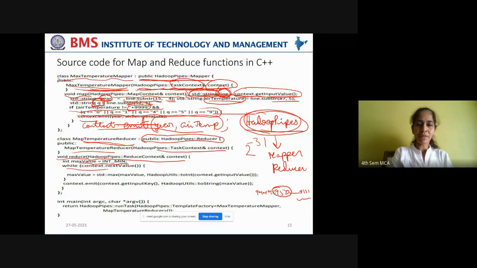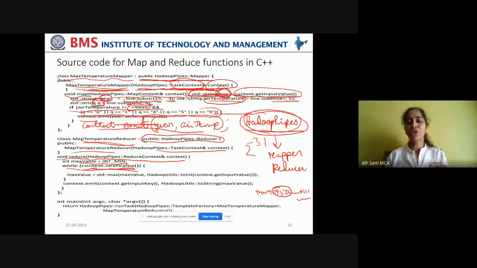Okay, that is being done in this while loop. Observe this while loop carefully. While context dot next value. Next value will fetch each and every value for each iteration from the context object. What do you have in the context object? The key and the value pairs. Now, from this context object, you are fetching each value by using the next value method.